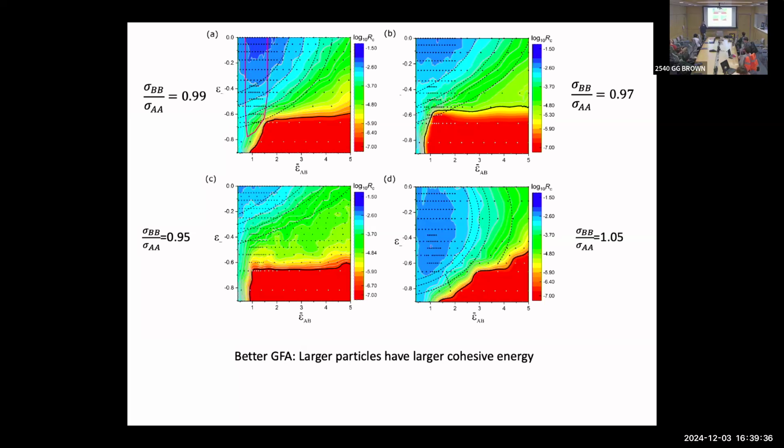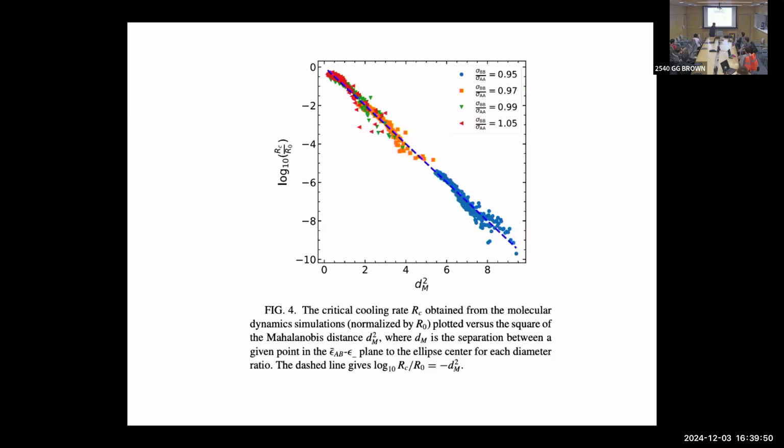But the others have good glass variability. And this is true for roughly 60% of good glass formers and alloys. So it's sort of one aspect that's not in the original Inoue's rules. Okay, the other thing that I wanted to mention is